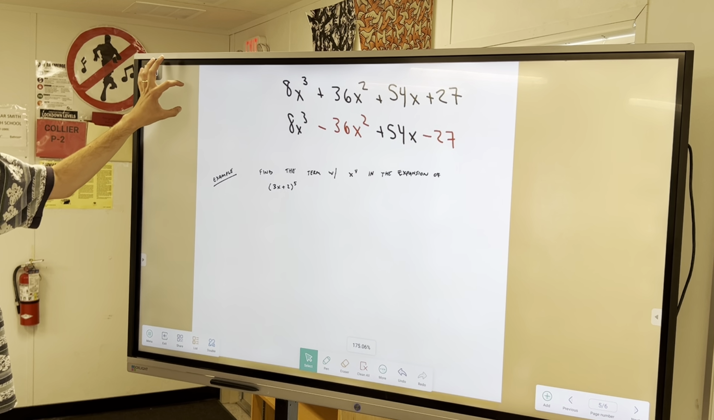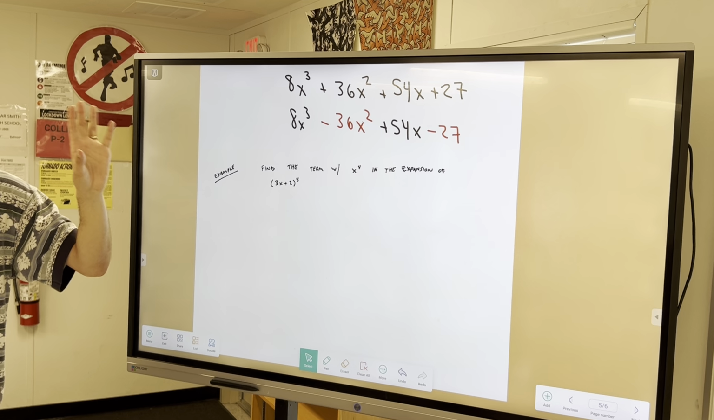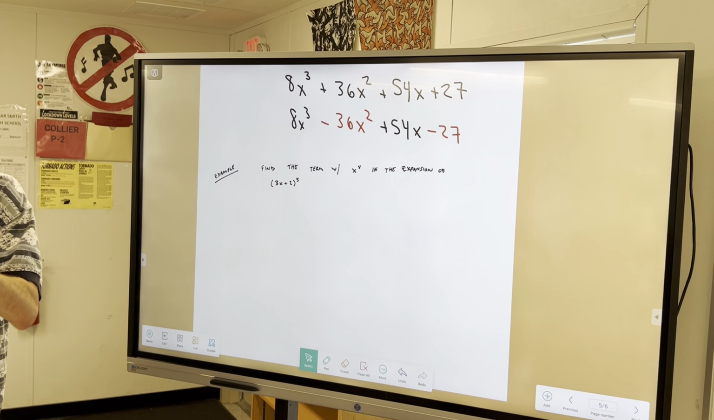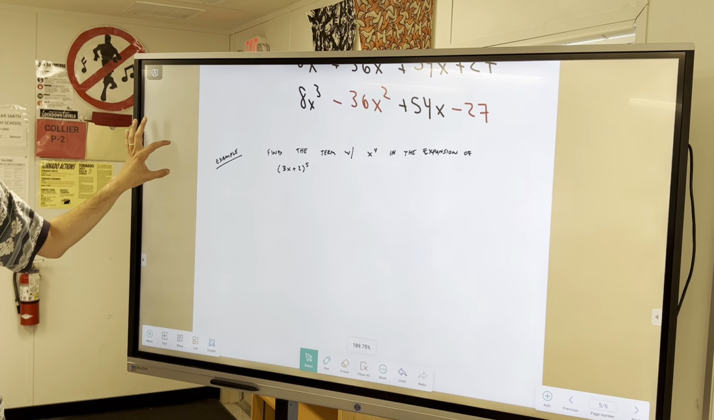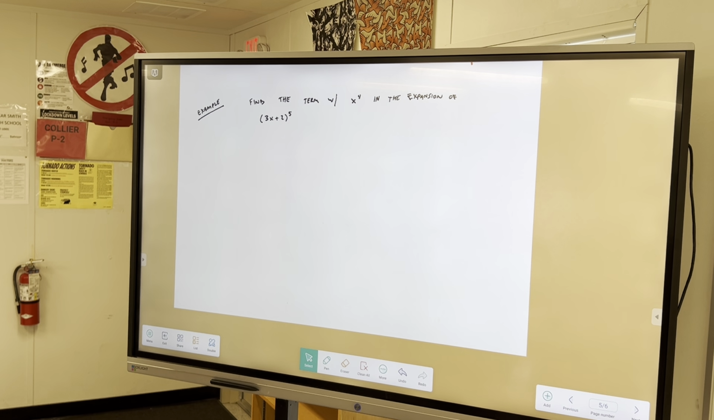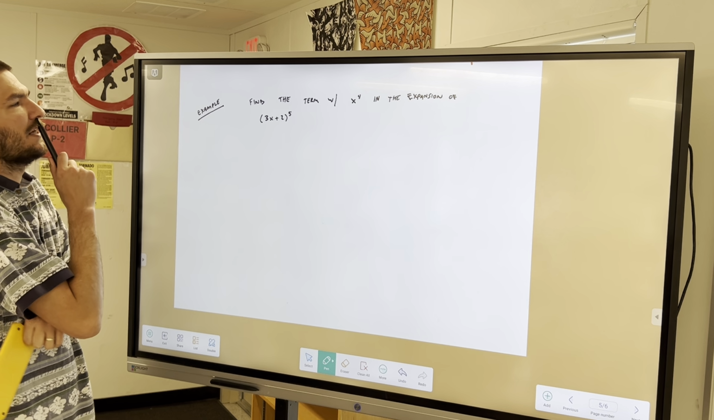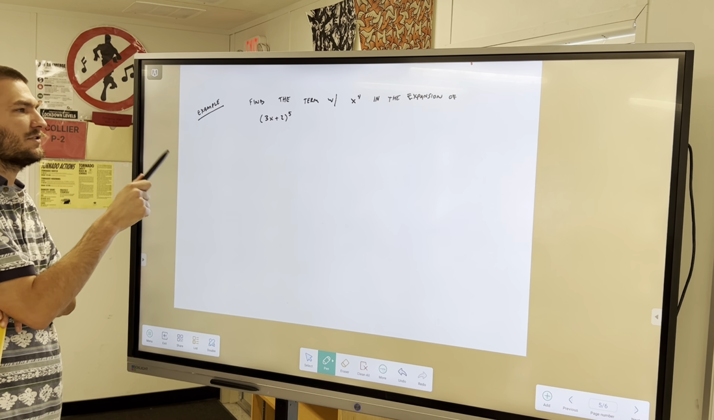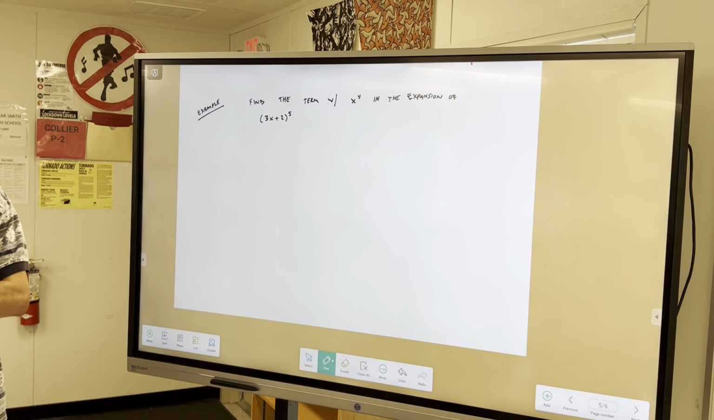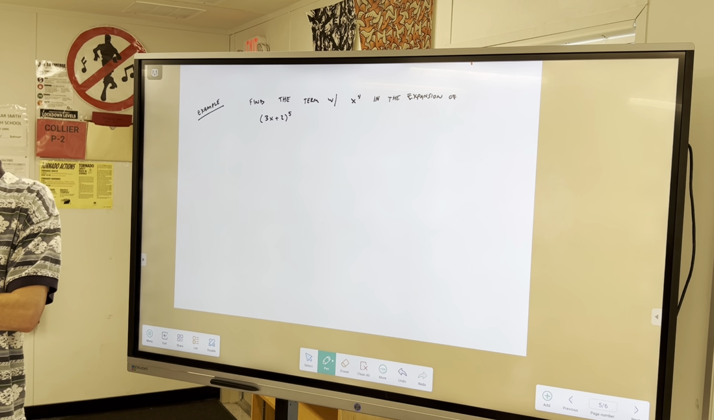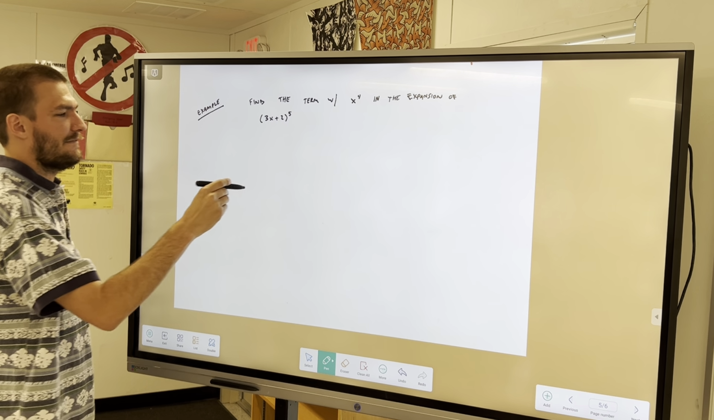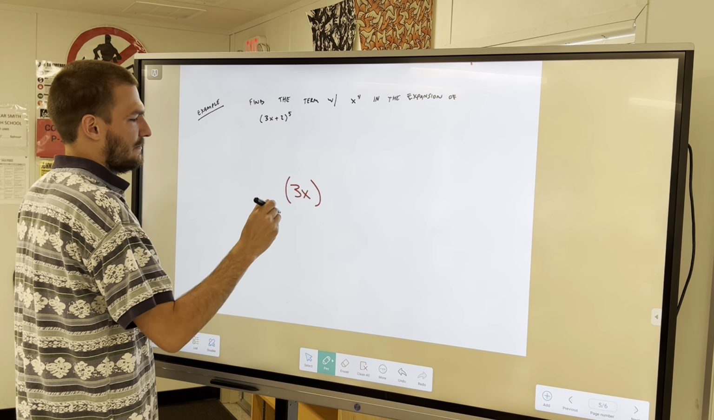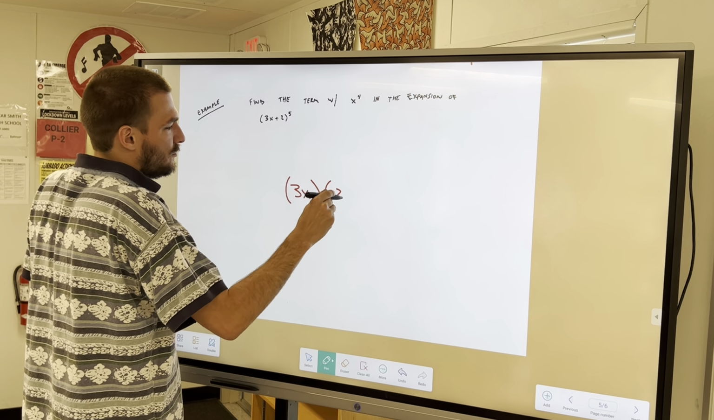Now that is a full expansion and it is a decent amount of work, even if we're just doing the 3rd, like the cubed expansion. And so a lot of times they'll ask you to find one specific term. So what they've asked us to find is the term with x power 4 in the expansion of (3x + 2) to the power 5. So we're looking for just one term, okay? We're going to have 3x, and we're going to have 2,